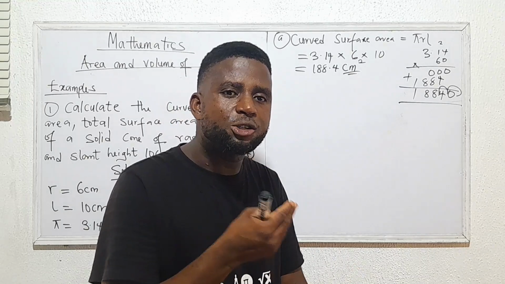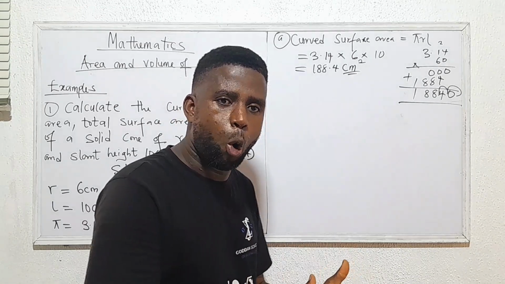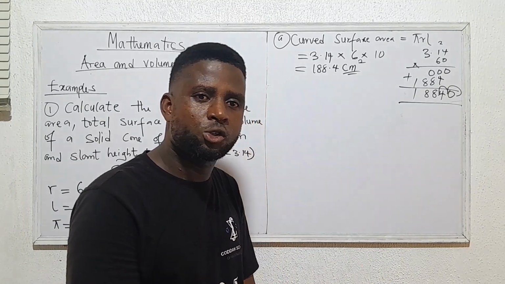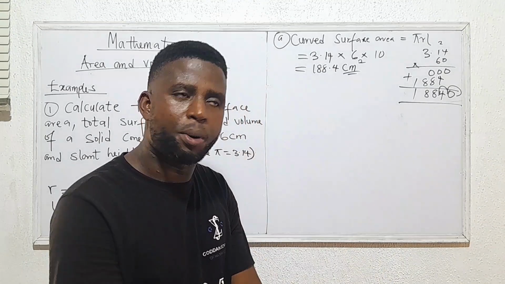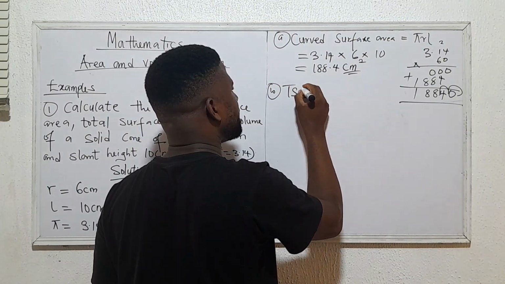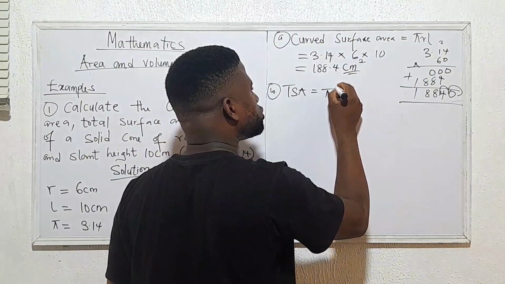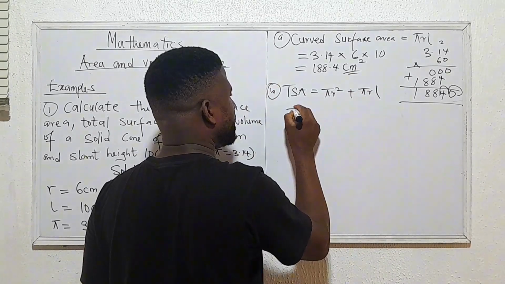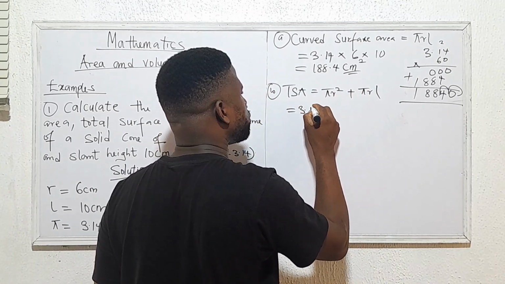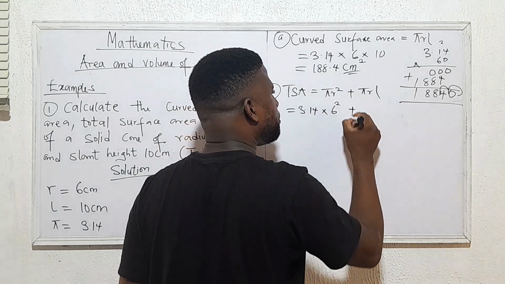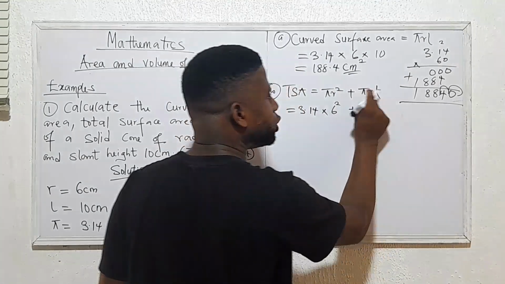While the total surface area of the cone is the sum of the base area, which is pi r square, plus the curved surface area, which is pi rl. So we know that TSA, total surface area, is equal to pi r square plus pi rl. Okay? Which we have, pi is 3.14 times radius is 6 square, then plus, we already know that pi rl